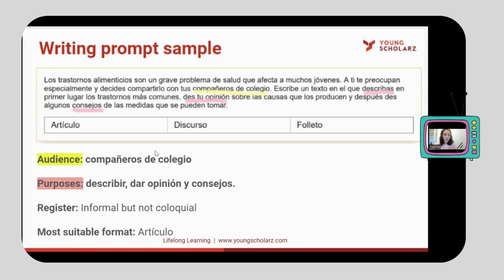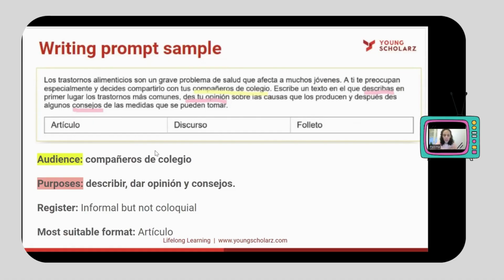Okay, we take it with the same prompt. I'm just going to give you a few tips of how to start, how to first face these types of exercises. Well, we have to obviously read first. I would suggest that you have a pencil or a pen so you can underline things, so you can clearly see the different aspects that we have to identify before we start actually writing on our paper.